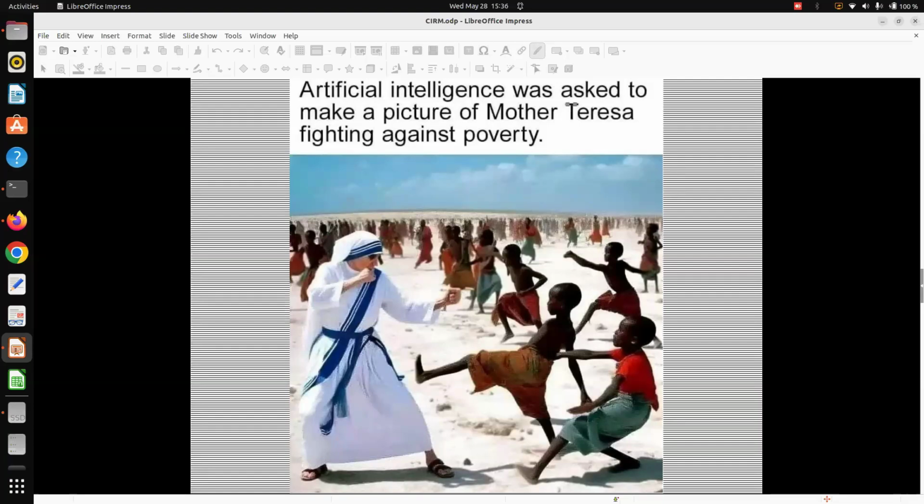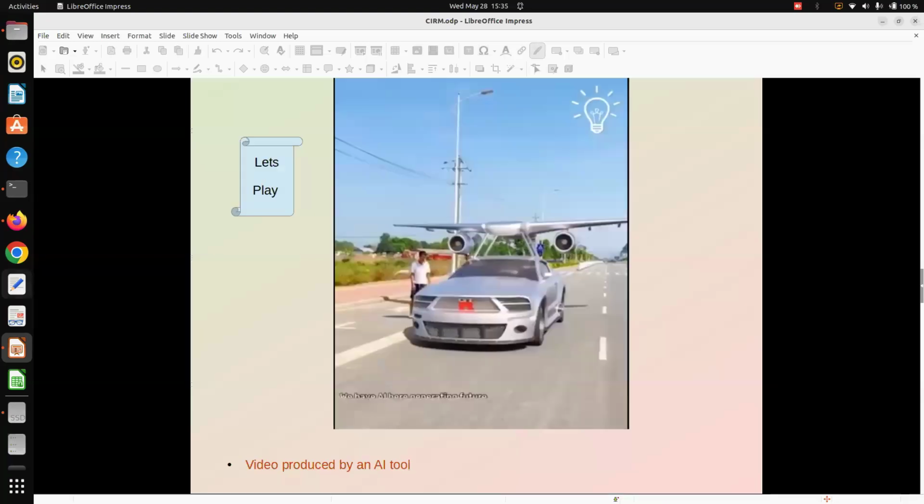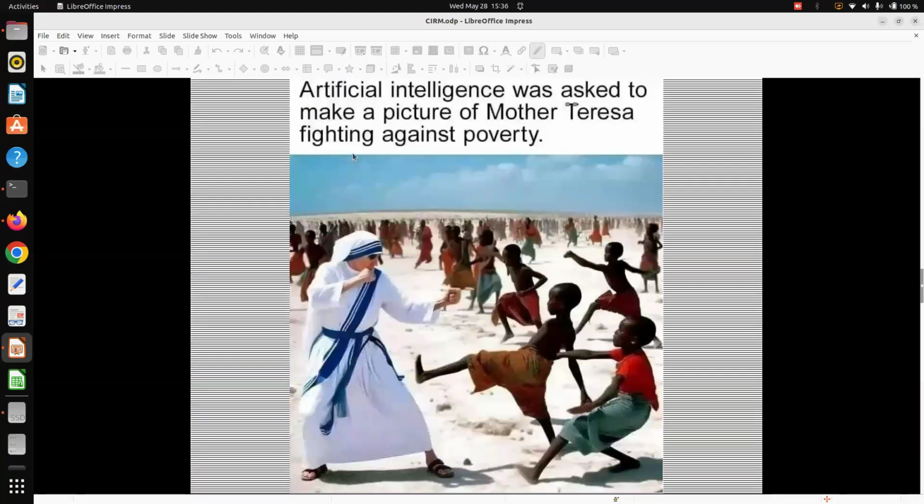Why did this happen? Because, my dear friend, take note that your large language model is not an expert system. The moment I used Mother Teresa fighting against poverty, it took the term fighting literally. It knows who Mother Teresa is, but created the picture wrongly.